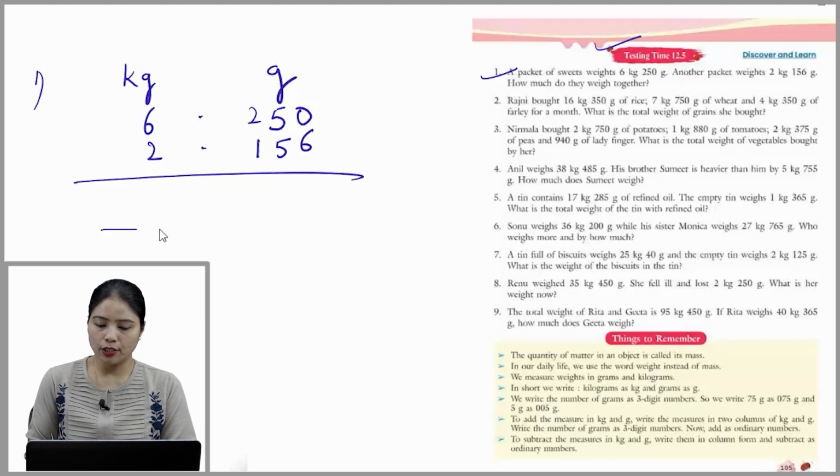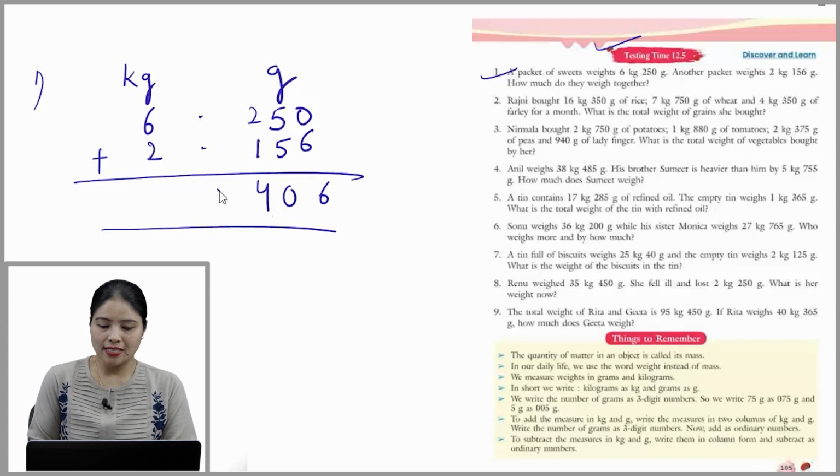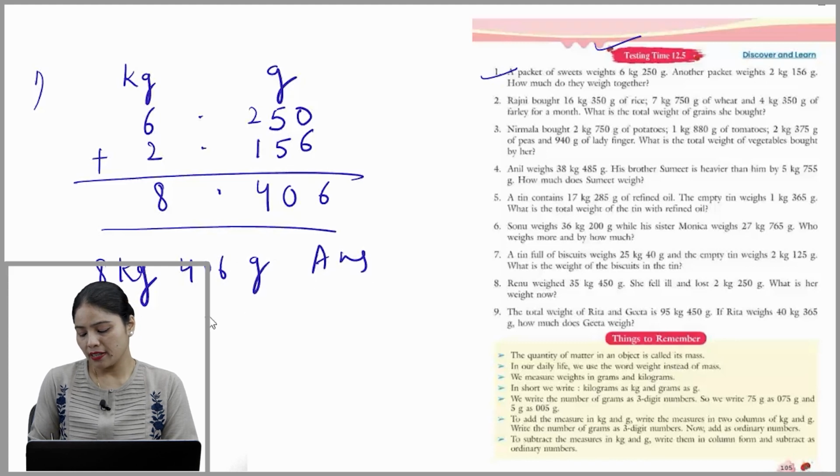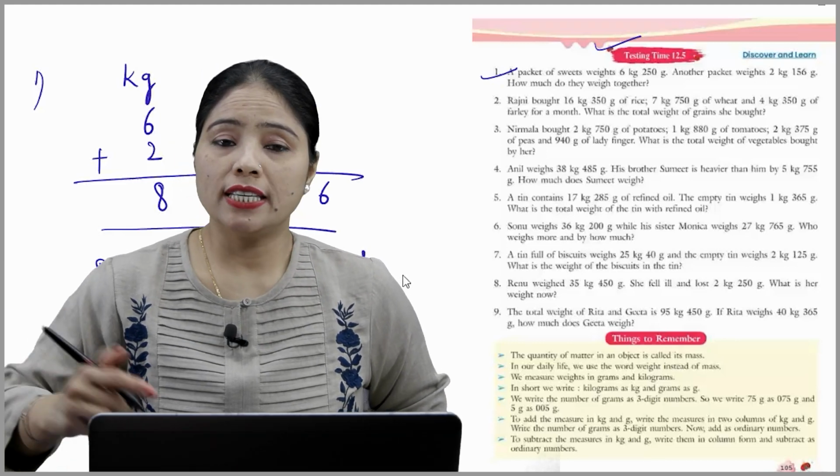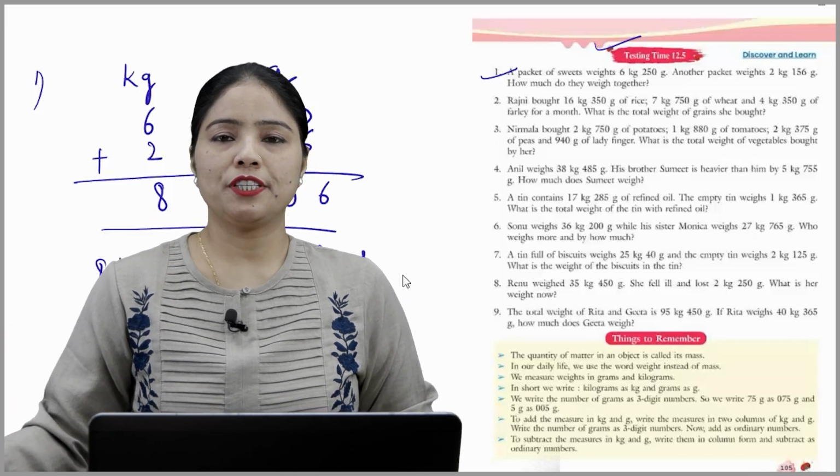So now add all the values together. So 6 का 6, 5 और 5, 10 का 0, carry 1, 2, 3 and 4, and this is 6 or 2, 8. So we can say that 8 kg 406 gram is the answer of that one beta. I hope you understood well. So these are the other questions, you have to complete them on your own.